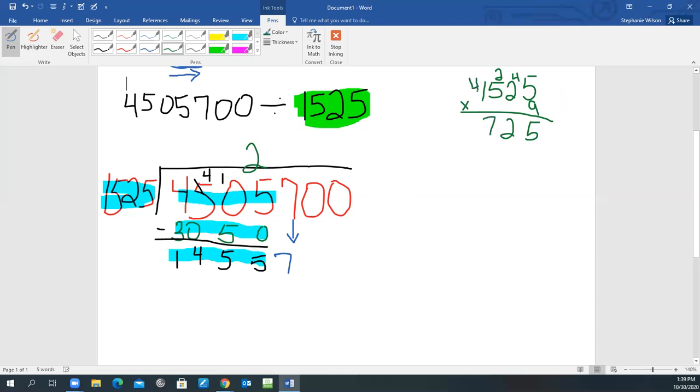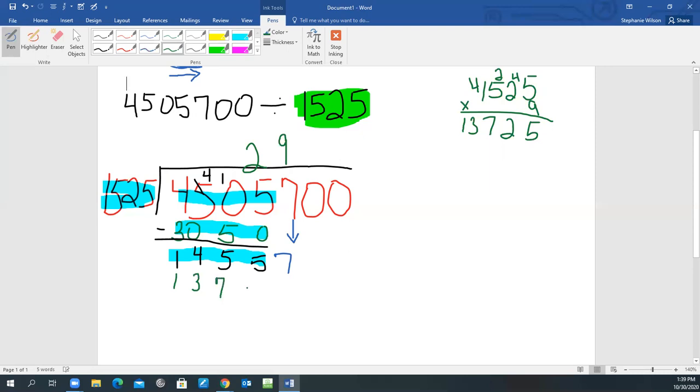Carry the 4. 9 times 1 is 9, plus 4 is 13. I'm going to put my 9 because it didn't bust. It didn't go over this 14557. I'll put my 9 there, and let's bring our 13,